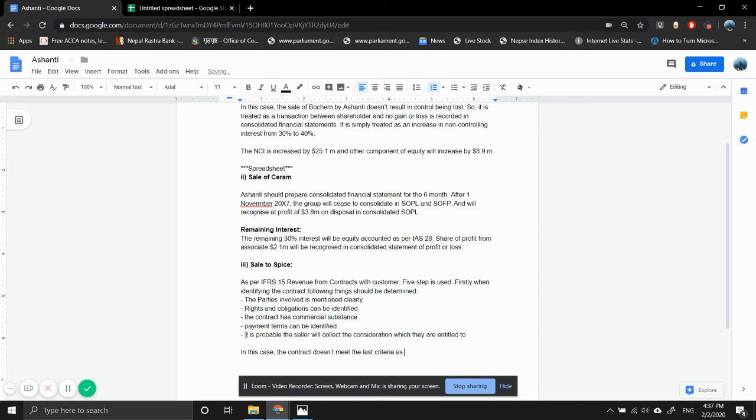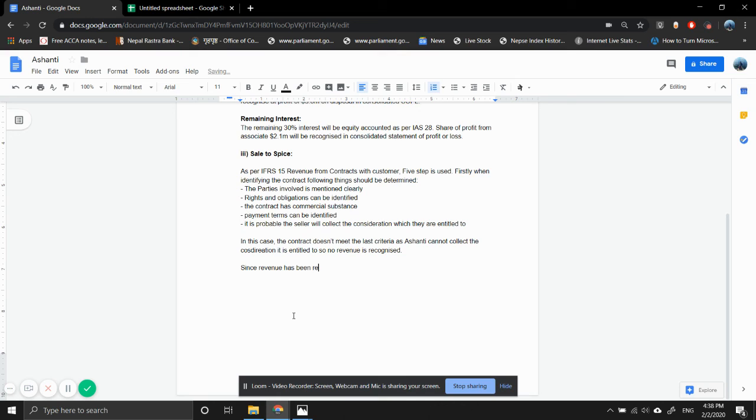as they cannot collect the consideration as Ashanti is entitled to, so no revenue is recognized. Since revenue has been recognized, it must be